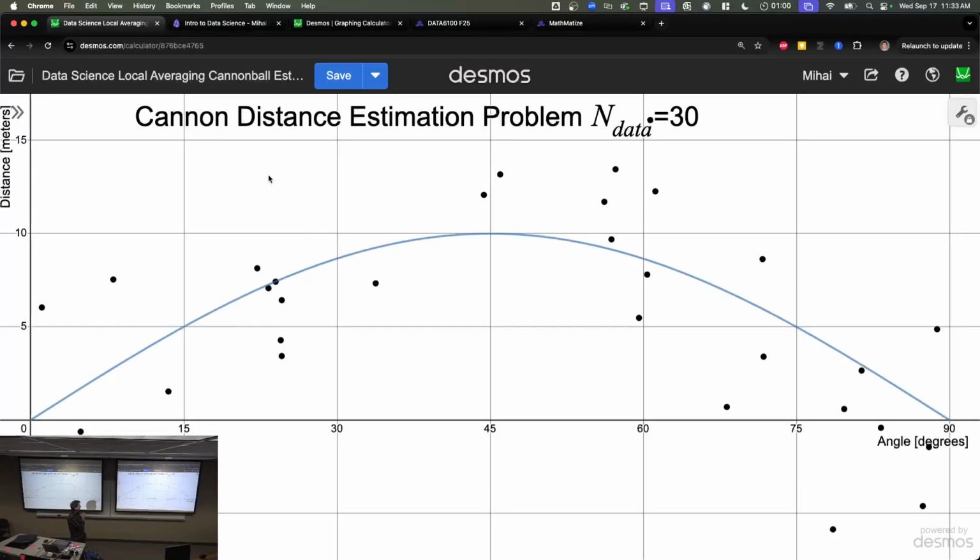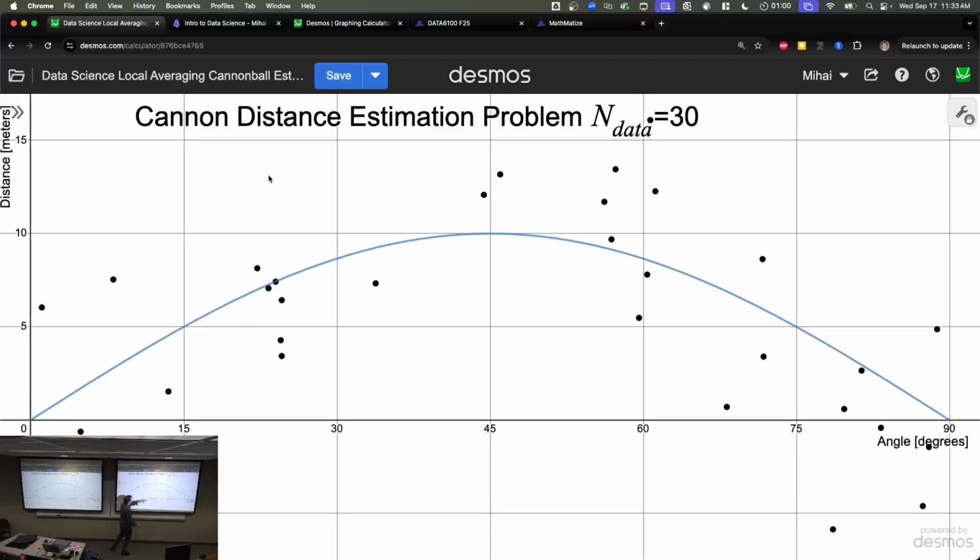Okay, we're moving to a situation where we have data, and the data we have is the angle that you shot the cannonball at, and you want to use the data. You have to predict something. So in this case, we're using the x value to predict the y value. We're using the angle that the cannon was at when we pressed the shoot the cannon button to predict how far it went. And the thing we established last class is even though we have these 30 data points